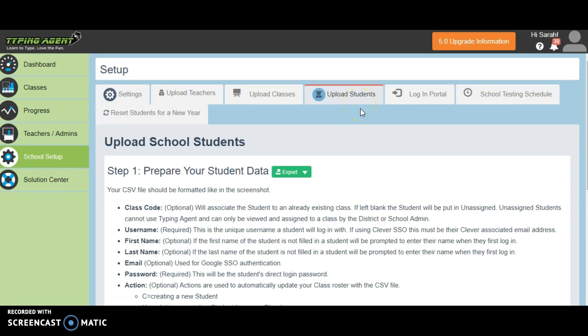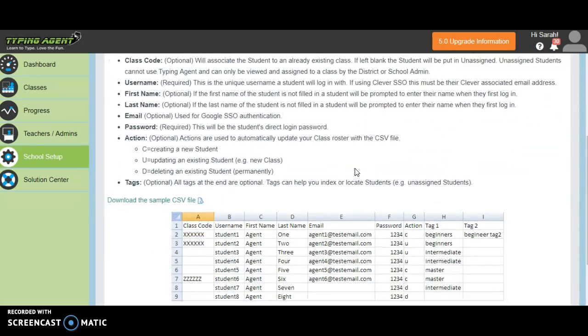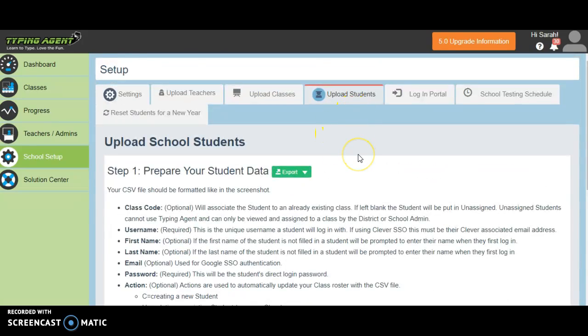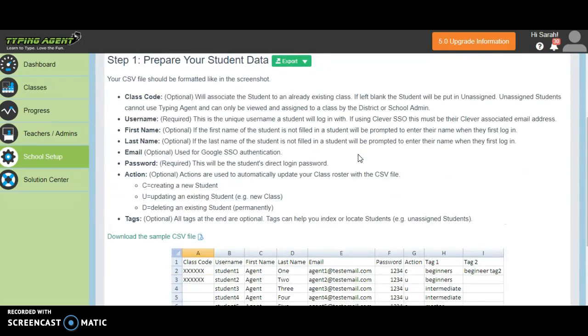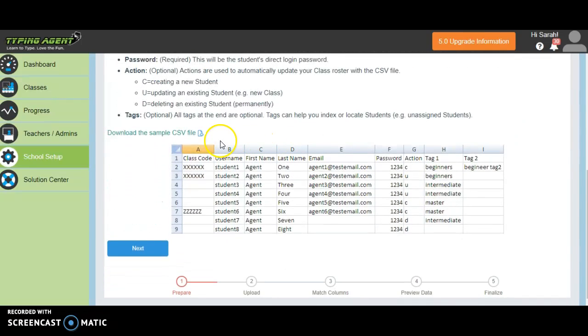Besides the students creating their own accounts or a teacher creating a single account, you can upload student information. And to do that, if you go to that Upload Students tab at the top, you can follow these directions, and it's going to give you an Excel file, and you can pull this information, have your secretary help pull this information from Skyward. And Skyward does have a student email address, but I will warn you that those are